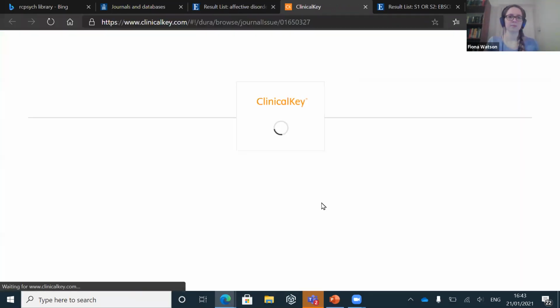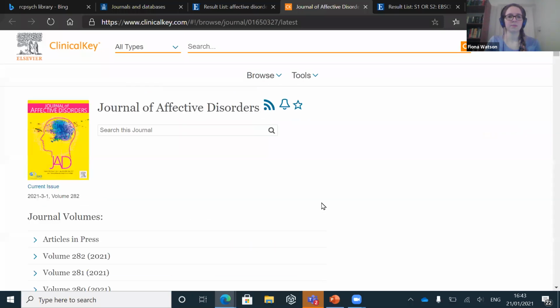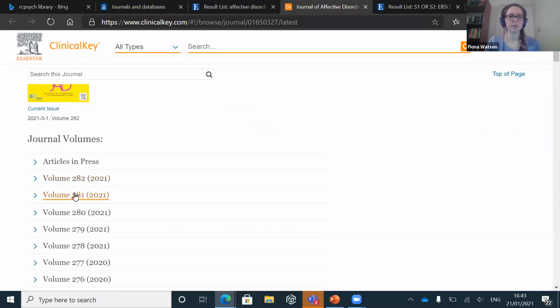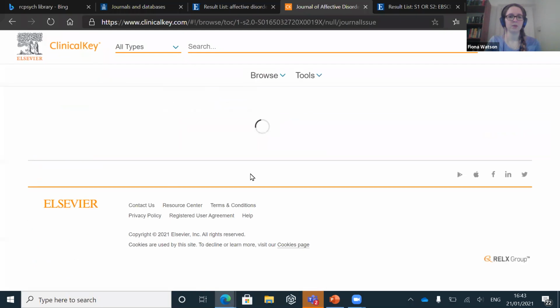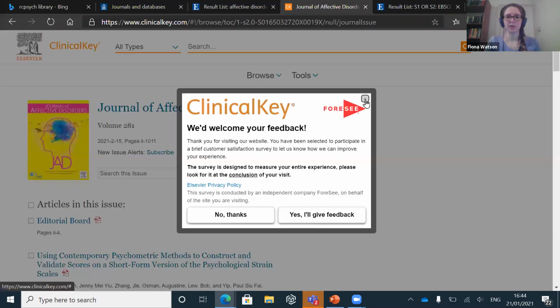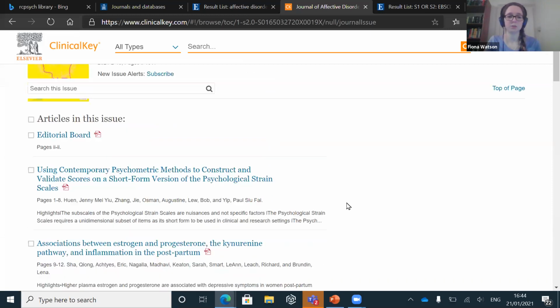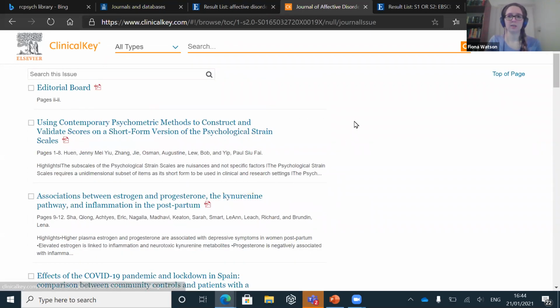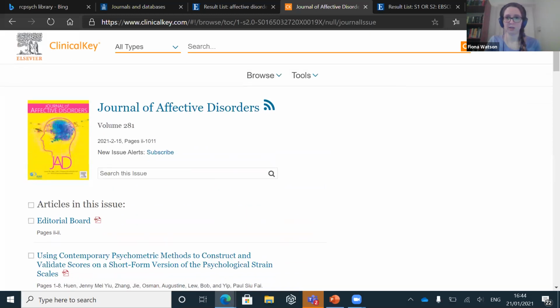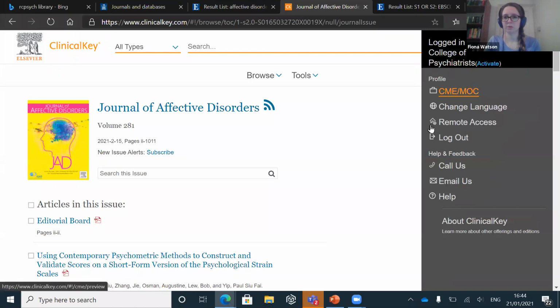Link out to the publisher's website. And then you should already be logged in. That does tend to break down. So if you have any problems, just give me a shout. And if you aren't logged in, you press the right button somewhere around here, and it will tell you that your access is provided by RCPsych. And if it doesn't, you can find the login button, and then you're just looking for either an Athens option or an institutional login option.